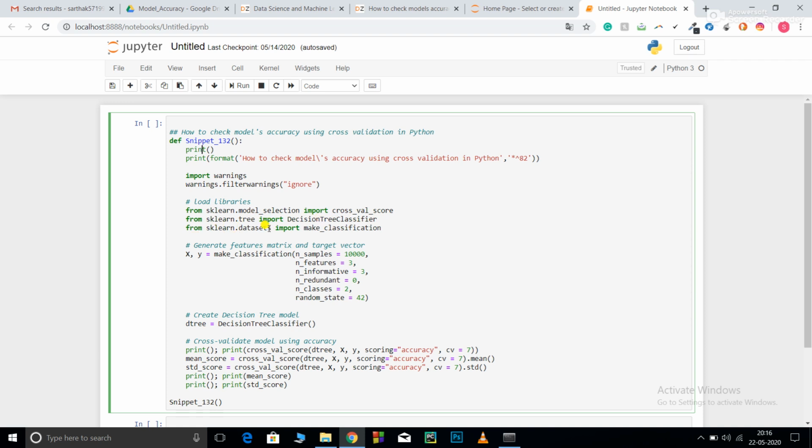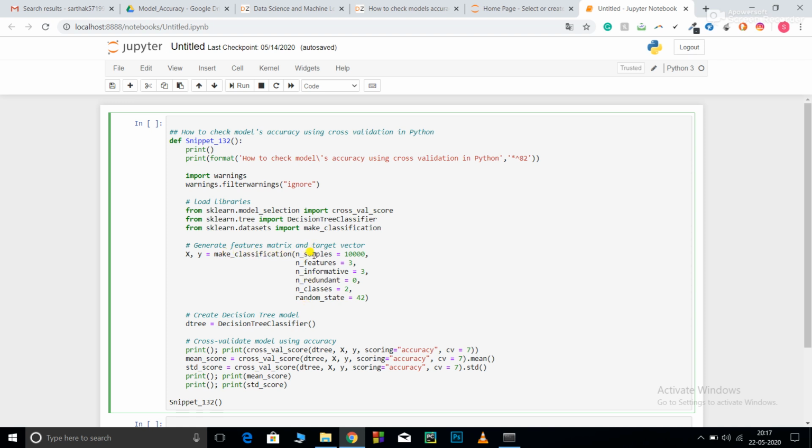After that, I am doing a classification problem over here. From sklearn's datasets, import make_classification. So sklearn is a very powerful library. It also provides you with custom classification datasets, but you can also generate your own dataset using the make_classification function. So I am calling my make_classification function, then I am passing some features.